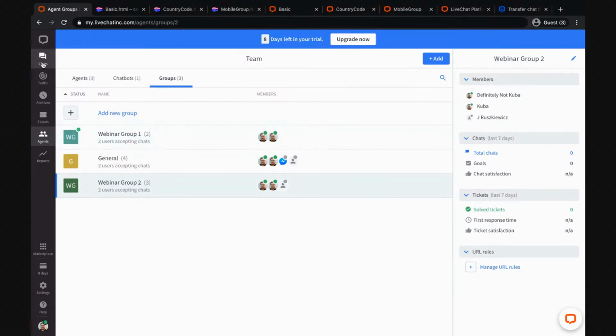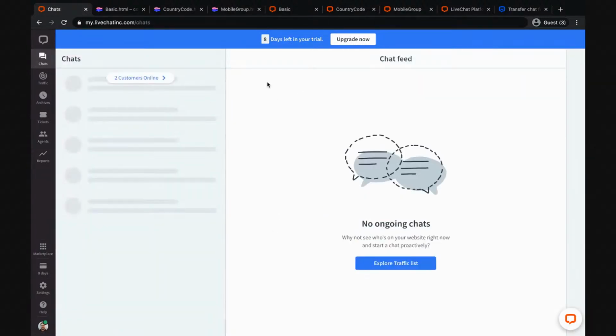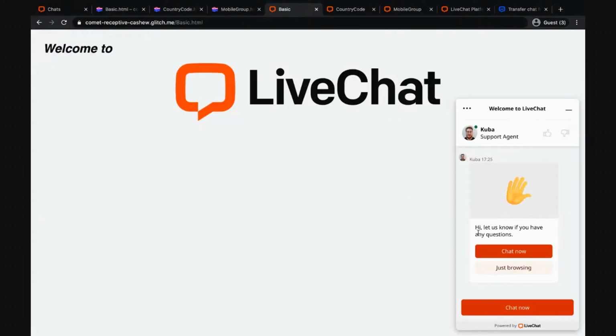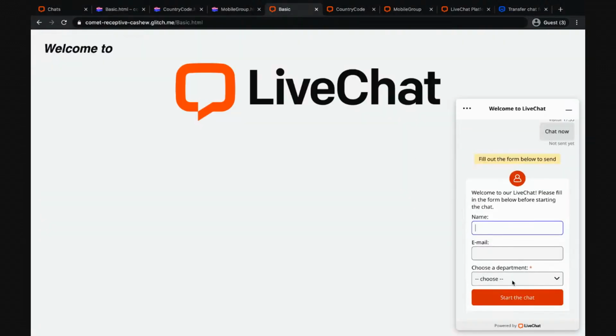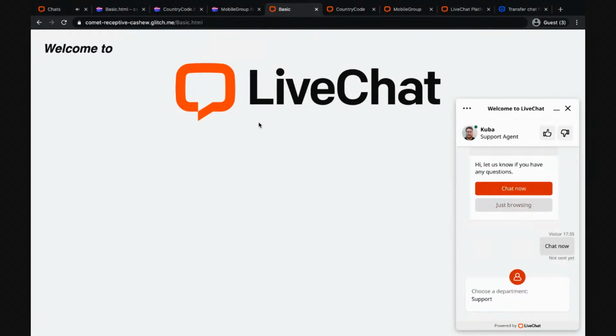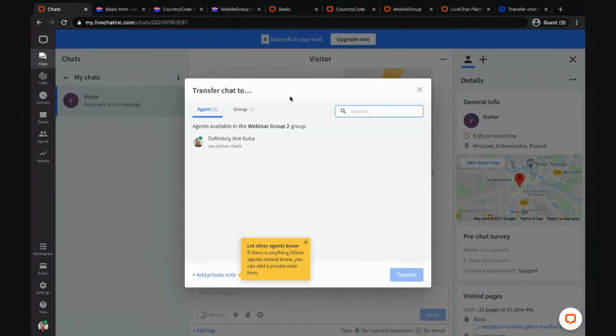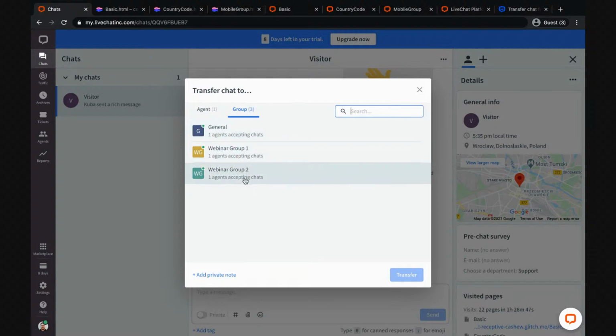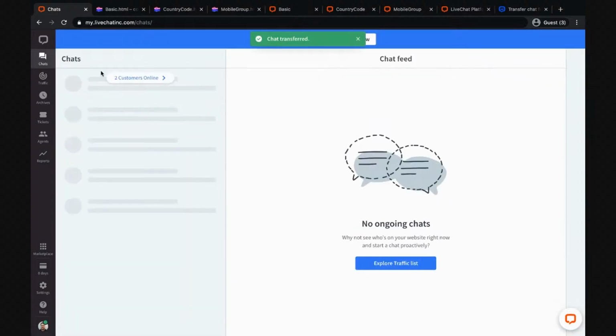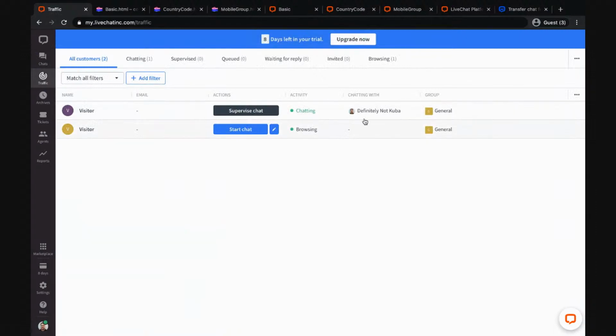Okay, the use case I did not cover is, oh, transferring chats between groups. Let's start a chat inside one of the groups. Incoming chat. And such a chat can be transferred to a different group. For example, I'm going to transfer it to the second agent that's available right now. And this chat went to, definitely not me,